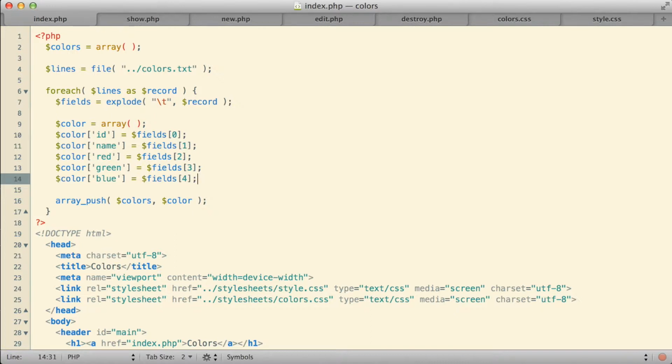There's also a function called rtrim, R-T-R-I-M, which removes spaces off the right end of a string. In this particular case, the white space that I want to get rid of is on the right end of the string. But there's another function that I usually use anyway, just called trim. The trim function just gets rid of all leading or trailing white space. So any white space at the beginning or any white space at the end will be removed.